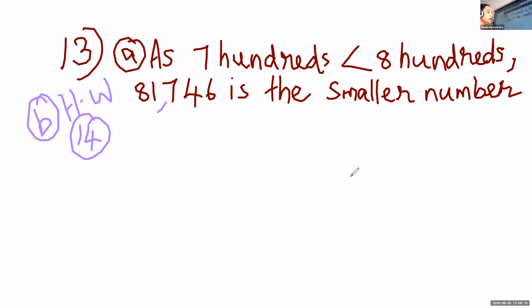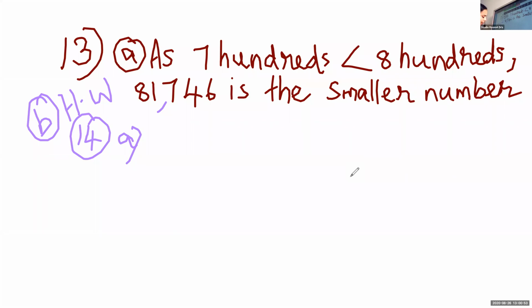Greater number. Okay, here, question number 13, we found out which number is smaller. But here we had to find the greater number. Okay, Varada, in question number 14a, which place did we have to compare? In both the numbers, 10,000 place is 9. So they are same. So what will you do? You go to thousands place. So that is also 8 and 8, same.